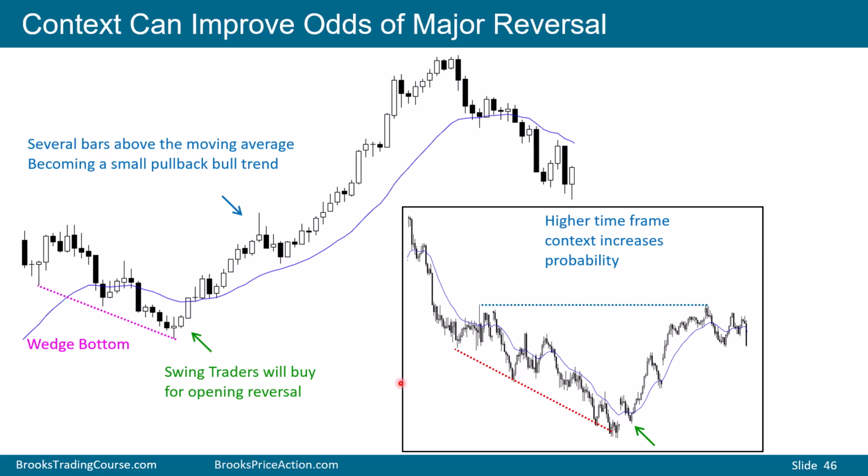On the left, we can see a 5-minute chart. We have a wedge bottom, 1, 2, 3. Swing bulls, they'll buy above this bar, taking a chance that it's an opening reversal and a possible low of the day. The opening range is not all that big, and therefore we may get a measured move from the low of this bar to the high of the day session and a measured move up. By understanding the context, we can actually better calibrate what the expectation behind the trade should be.